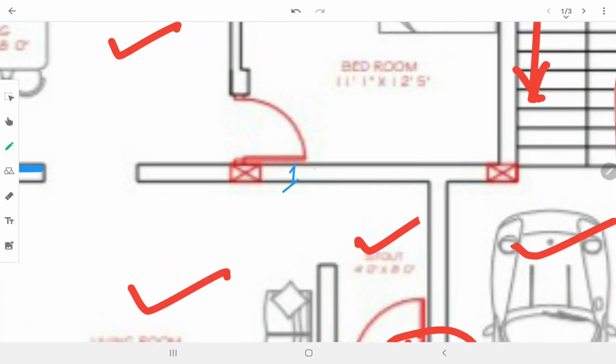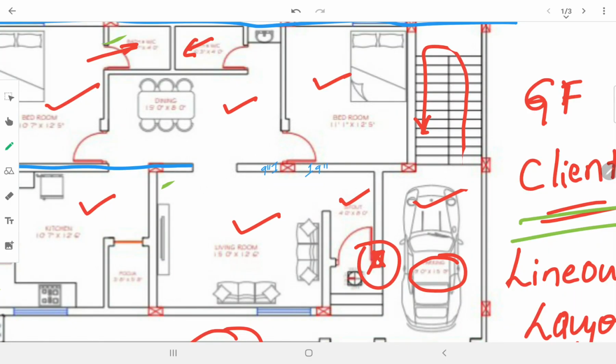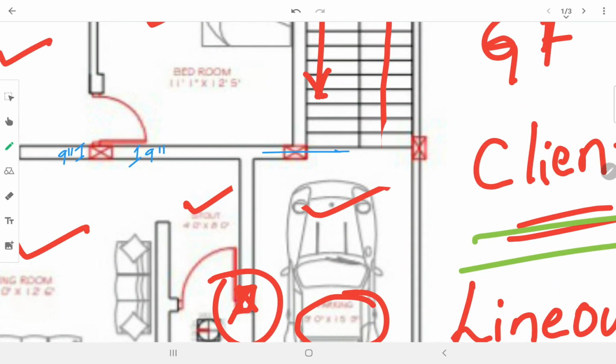This is of 9 inch thickness. Even though the column size is also 9 inch, the width of the wall is coinciding with the width of the column. So I'll be drawing here, whereas here the length of the column is around 15 inch. Half of 9 inch is how much? This is 4.5 inch.